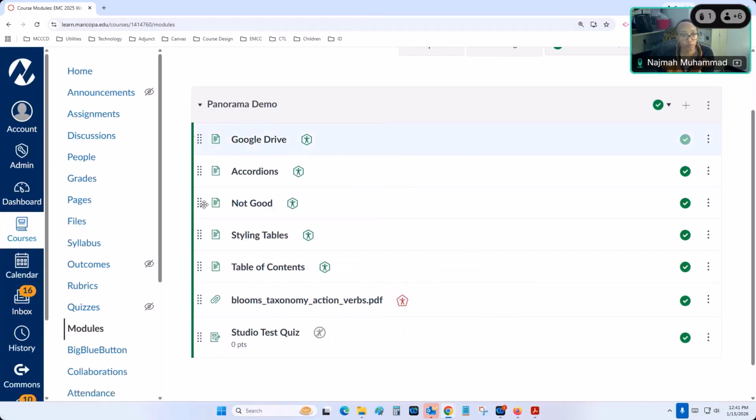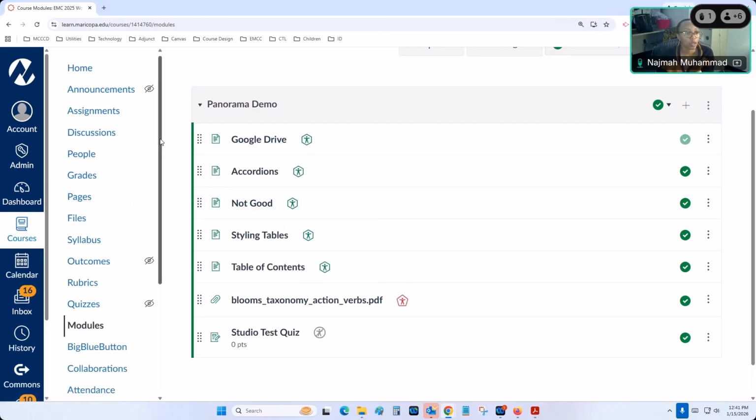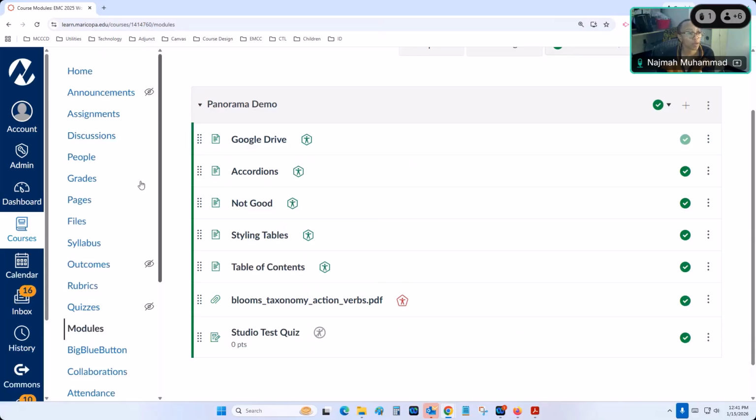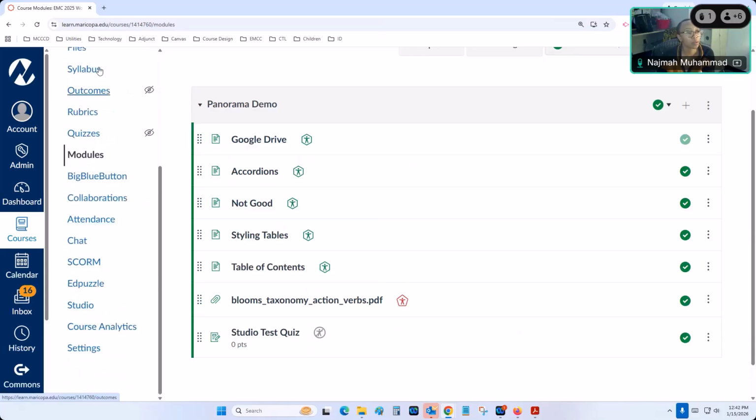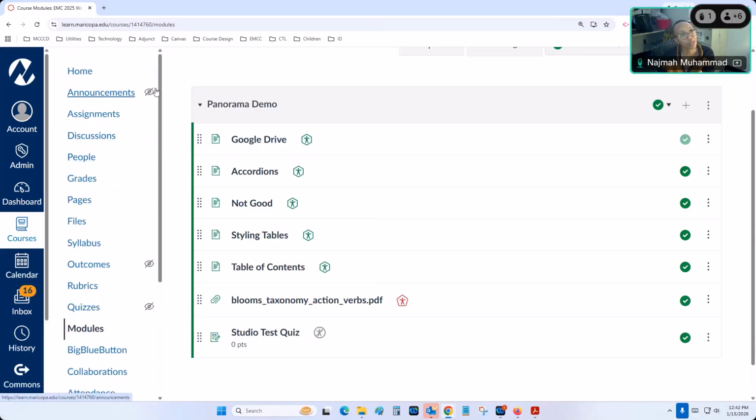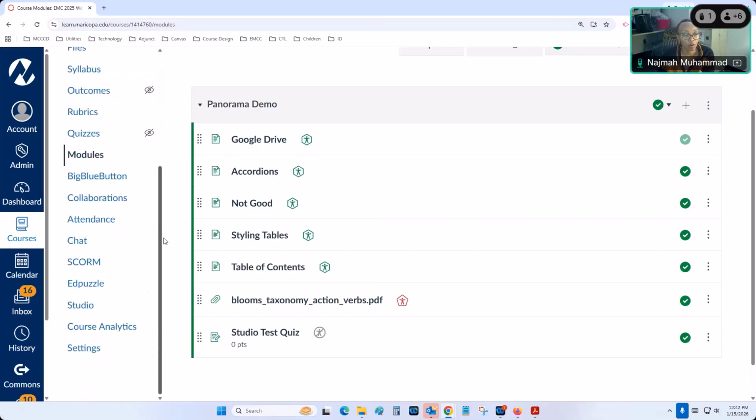I want to show you guys, before we run out of time, how to see your whole score for the course. So if you notice, I don't have Panorama in my navigation. So I need to enable that so I can see what my score is. So if I go into my settings,